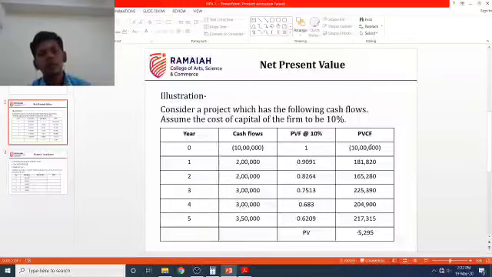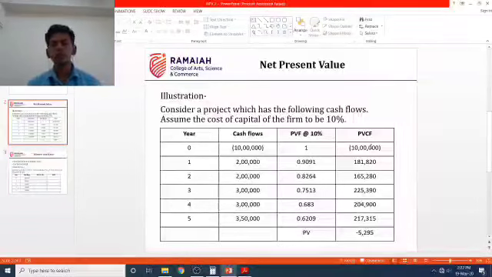In case they have given you two proposals, or there are two projects and you are supposed to choose one among them, how do you do that? You just have to calculate the net present value of each one of them separately and compare the figures. Whichever has a higher net present value, you will select it, correct? And in case they have given you only one project, like what the illustration shows, a single project: if it is negative, you need to reject it. If it is positive, you can accept it, right?